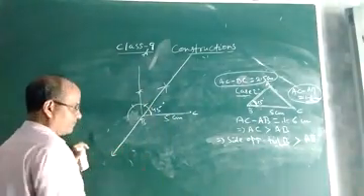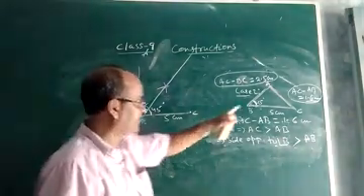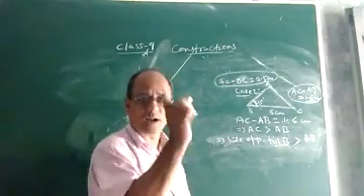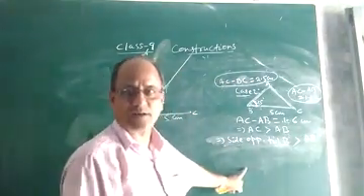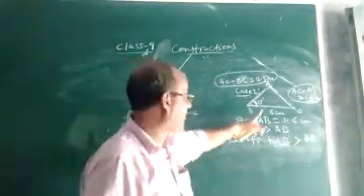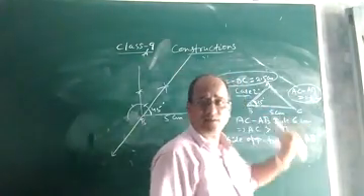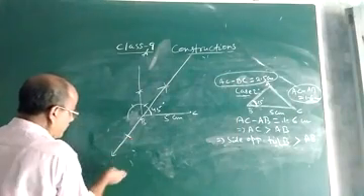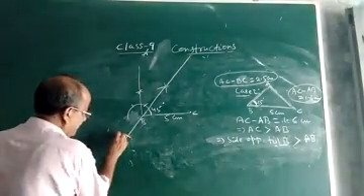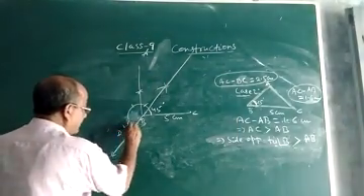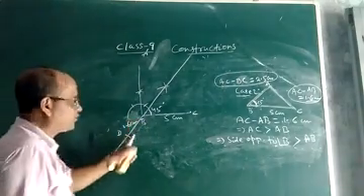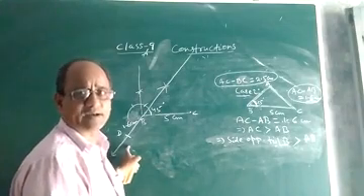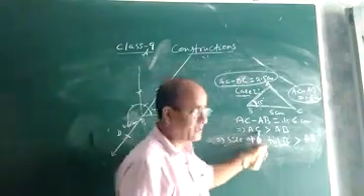Because in this case, the difference of the two sides will be taken downward, not upward. And why will it be taken downward? I just told you. The difference AC minus AB, which is given 1.6 centimeter, will be taken here. Suppose name it D. This 1.6 centimeter, the difference of the two sides, will be taken downward.